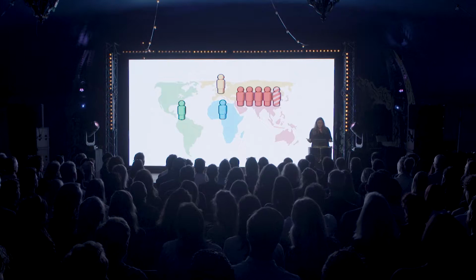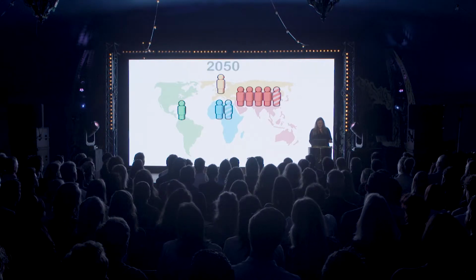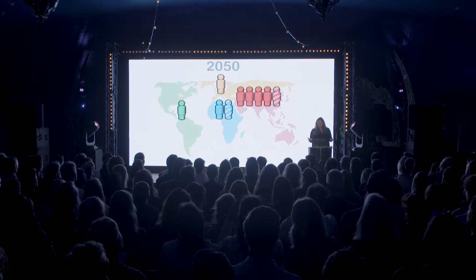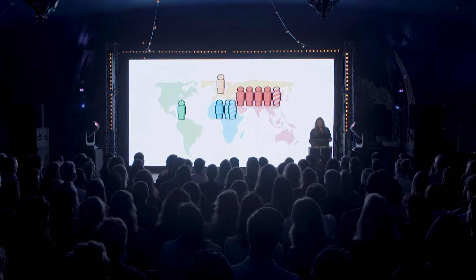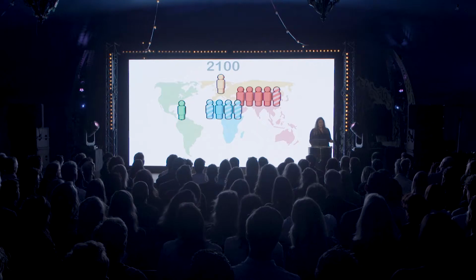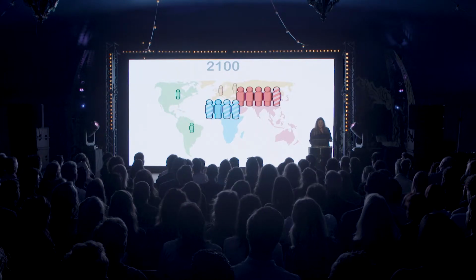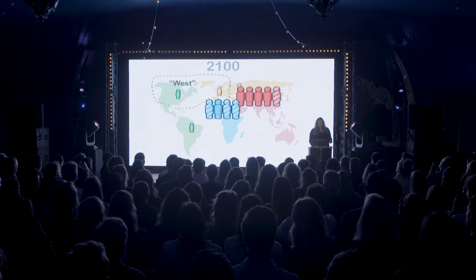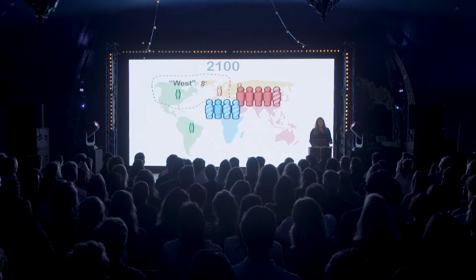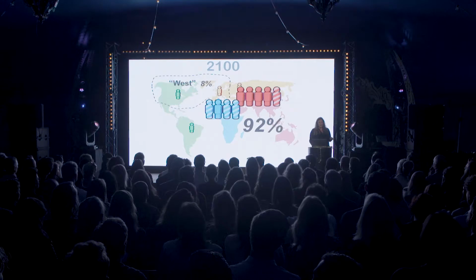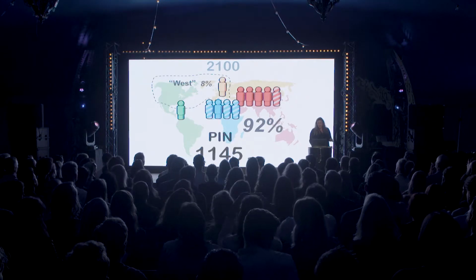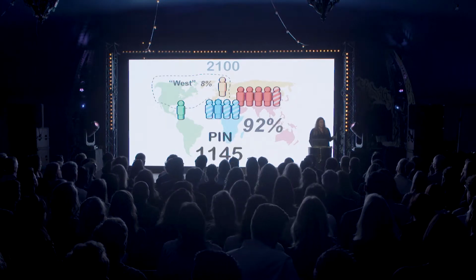And going into the future, this is what's going to happen. In 2050, the UN estimates that this is what the world is going to look like. And in 2100, this is the world. So if we split the Americas and Europe, we can see the classical West. It's only going to be 8% of the world population in the year 2100. Pretty interesting to keep in mind. This is where things will happen. This is where people will be. So the pin code of the world in the future will probably be